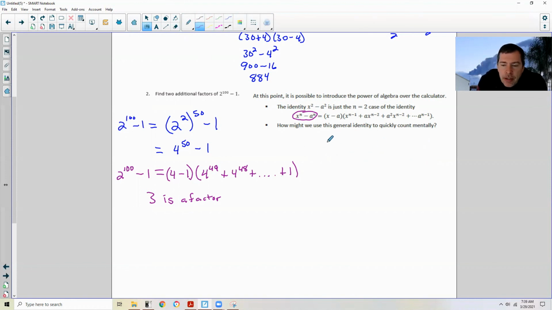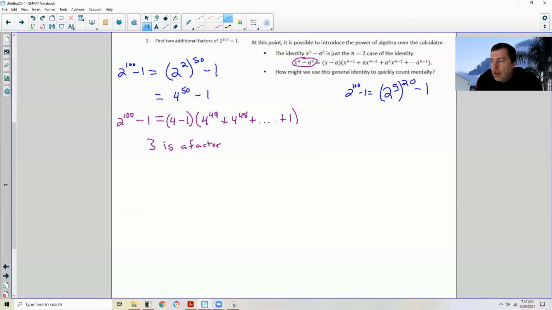So how about this? 2 to the 5th power times 20. Okay, 5 times 20 is 100. So 2 to the 100 minus 1 is going to equal 2 to the 5 to the 20th minus 1. Let me just change the colors on this. Okay, I changed it to blue so it's not the same color as this right here. So 2 to the 100 minus 1 is now going to equal